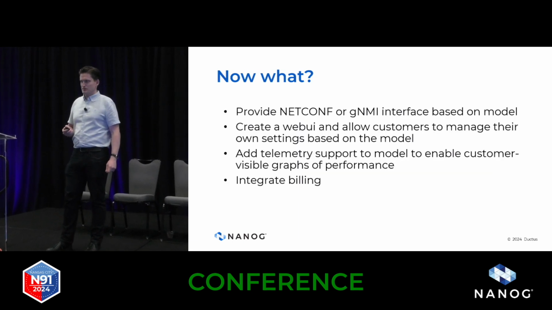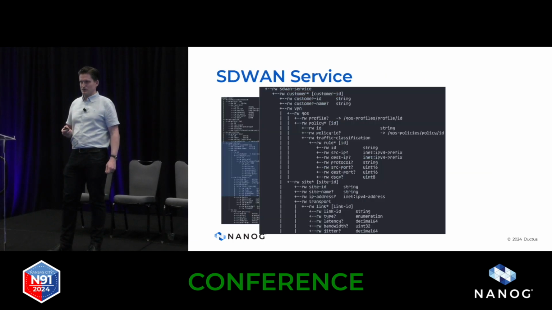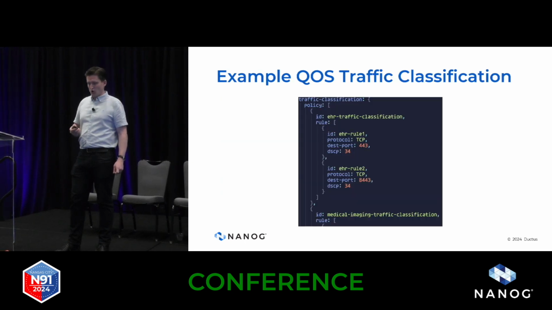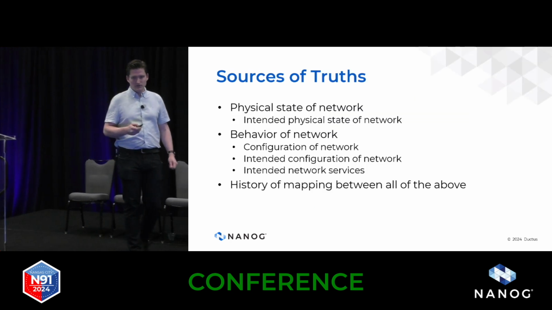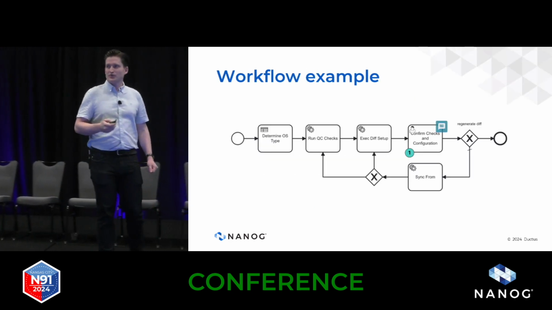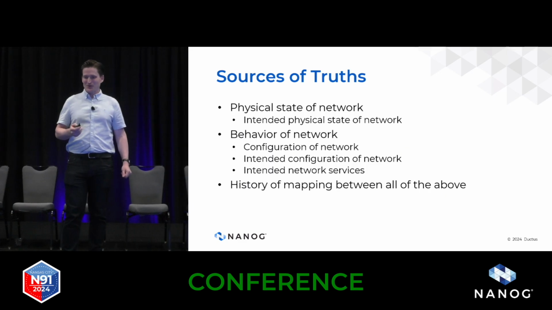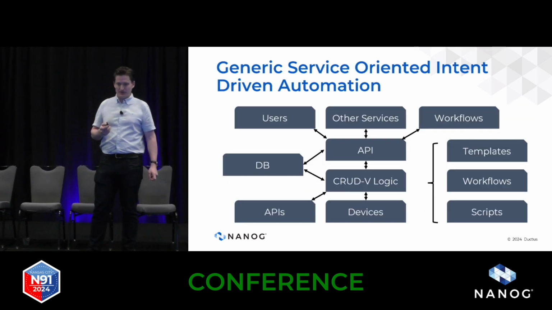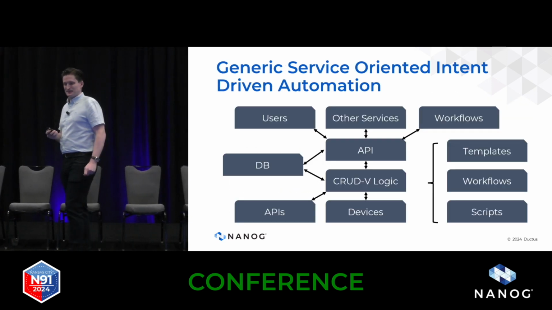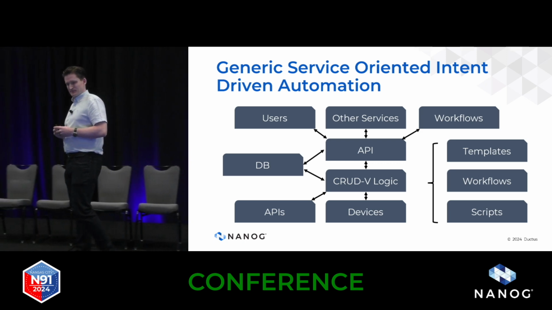This one? No, the flow chart that you had. You had one with the flow chart? Oh, the flow chart. Yeah. This one? No, before this. Forward? The one with the CRUD. Oh, that one. Yeah, this one. You have two APIs there. Is one of them an abstracted API?